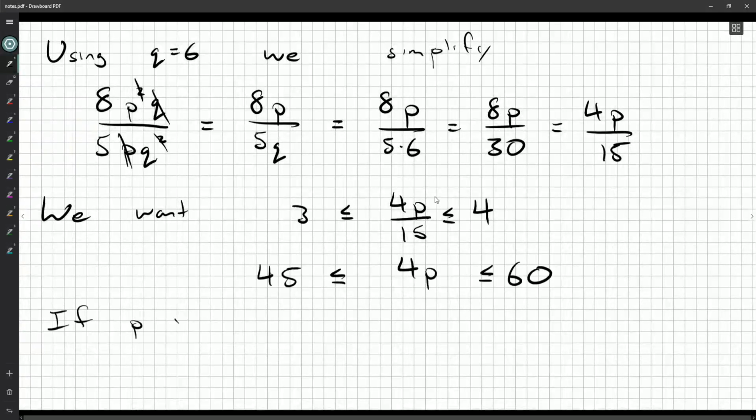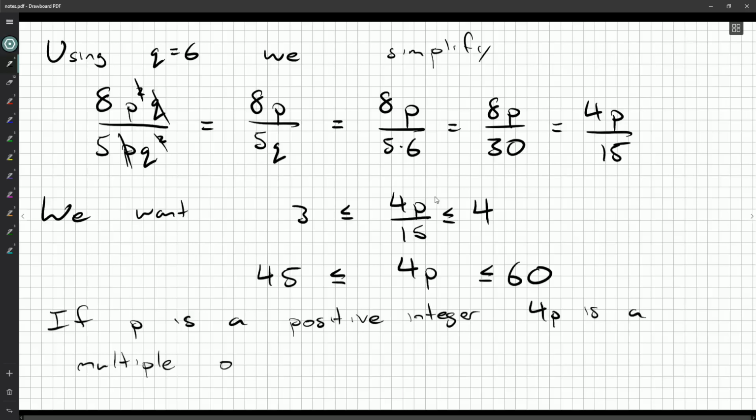So if P is a positive integer, 4P is a multiple of 4. So by our inequality, 45 less than or equal to 4P less than or equal to 60,